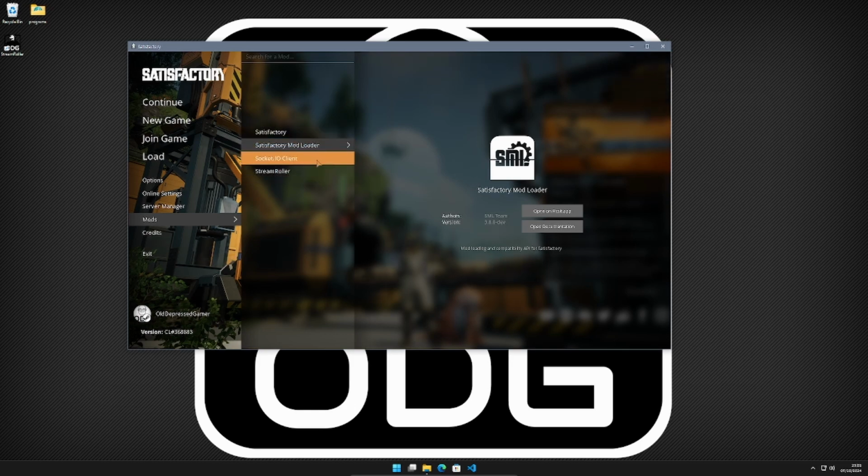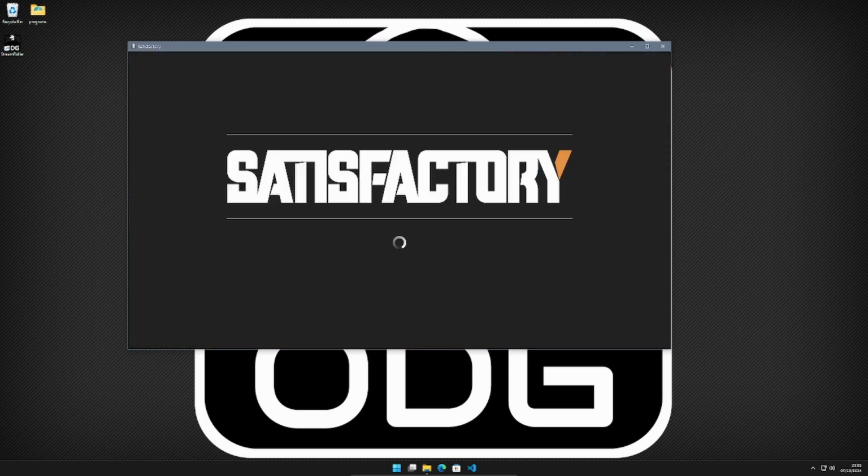Now, when they do release the mod tools, and I think it's called SMM, Satisfactory Mod Manager, you'll probably want to go back into that folder and delete the SML file that's in there. It'll probably get overwritten, but if you have any problems at any point, you can just delete everything in your mods folder and it won't affect the game, and redo it again. So if we go into the game,